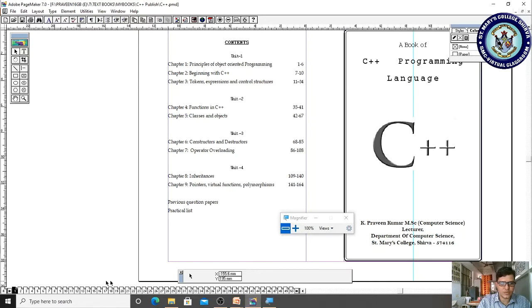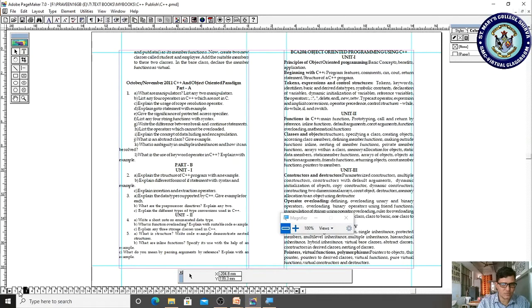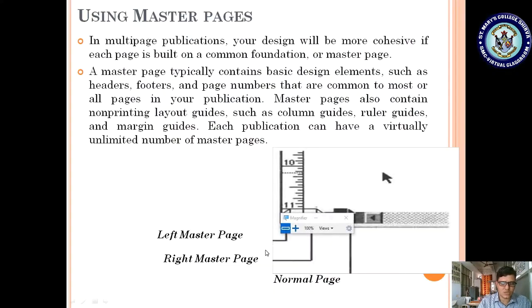If I click the first page and last page, it moves page by page, and you can easily navigate any number of pages. If you want to place common information, you are supposed to use this master page.